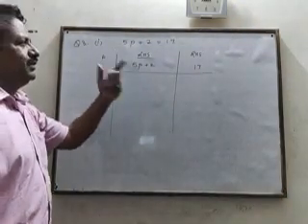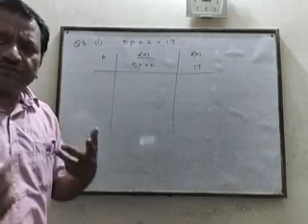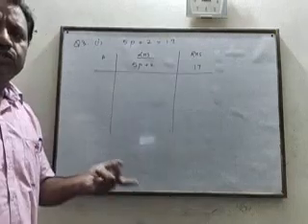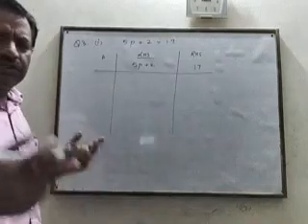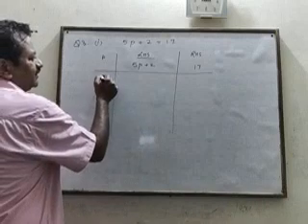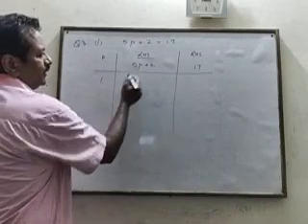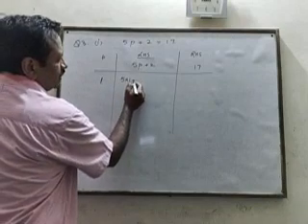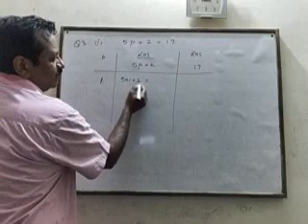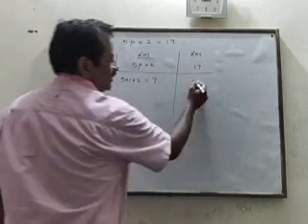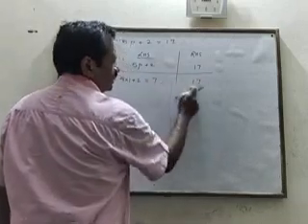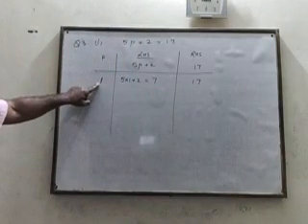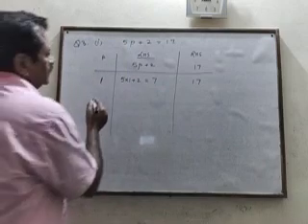So we can start from any number with p. You can start with 0, 1, minus 5, or minus 2. This is on a trial basis. So we are starting with 1, putting p equal to 1. We will have 5 into 1 plus 2. It will be 5 plus 2, 7, whereas the right side is 17. So left hand side is not equal to right hand side. So p equal to 1 is not the solution of the equation.